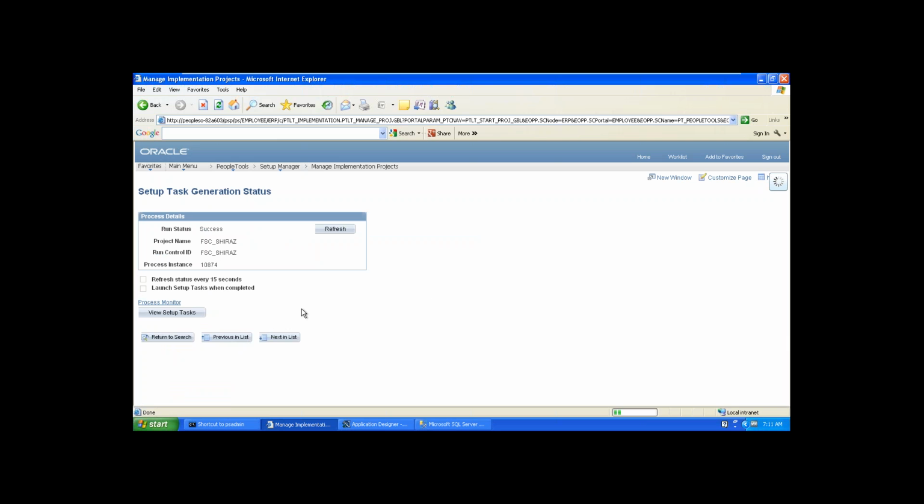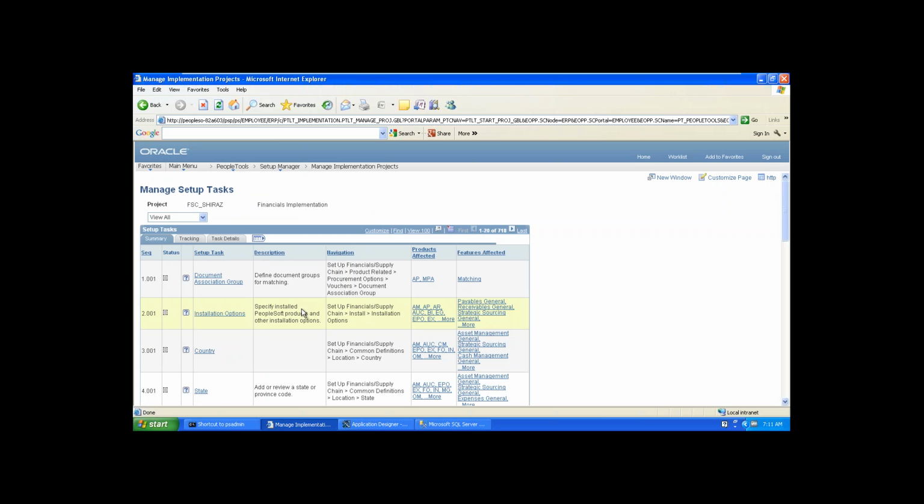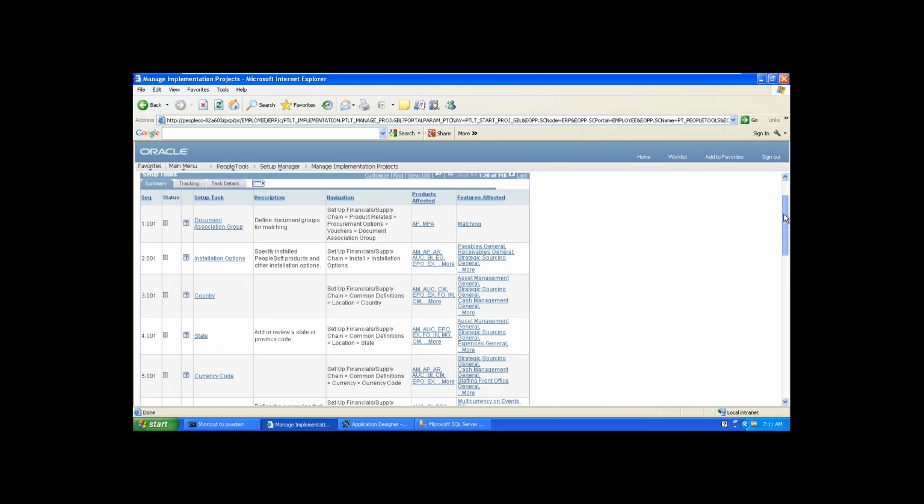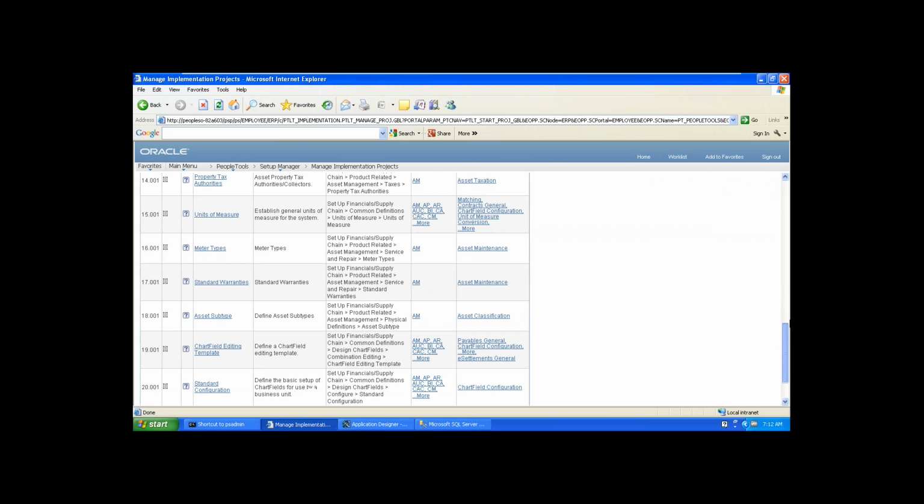Now the system will provide you the setup task list for all the modules you have selected, in sequential order. Based on that sequential order, you need to do them one by one. See, these are all the setup tasks for all the modules you have selected.